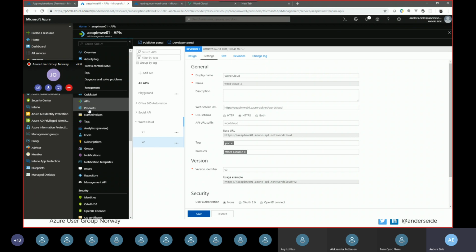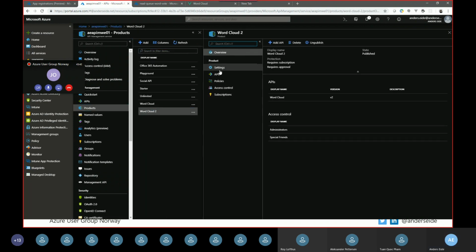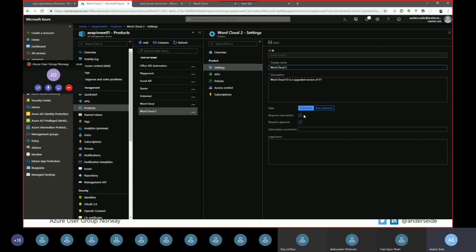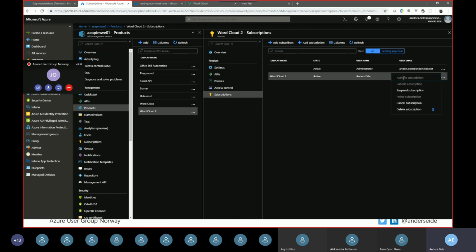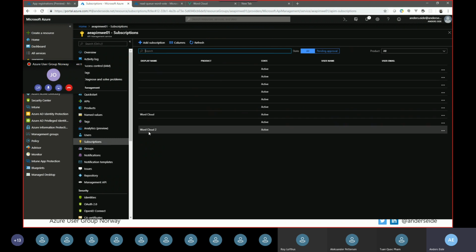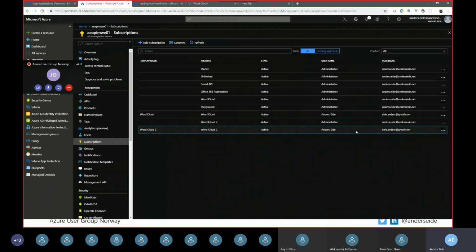So going back to the product for Word Cloud 2, you see that it requires a subscription and it requires an approval to be able to get a subscription for it. When you have a subscription signed up, you can also go here and enable it, activate rather. So when somebody signs up using the developer portal, you have to go in here afterwards and activate it. And when that's in place, the developer can go ahead and actually request a subscription, which will give you a key